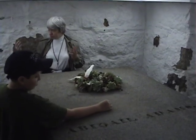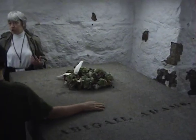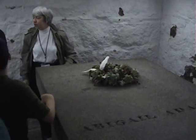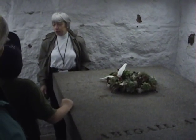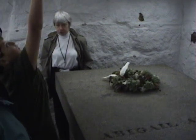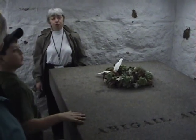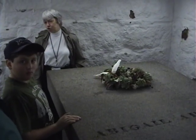This section where we're standing, where John and Abigail are buried, this is the original crypt that was constructed. John Quincy Adams had purchased the land from the congregation and had this constructed at his own expense. April 1st, 1828, then John and Abigail's coffins were transferred from across the street, placed in here. When the rest of the work was done, the room would have been sealed with that granite door that I mentioned. And it really would have been pretty much undisturbed until